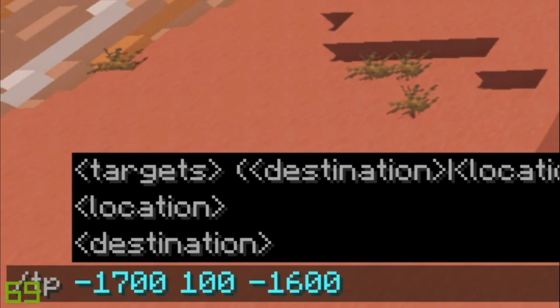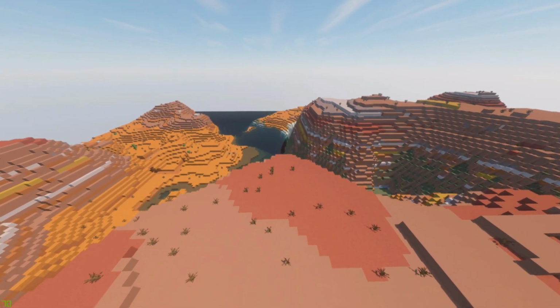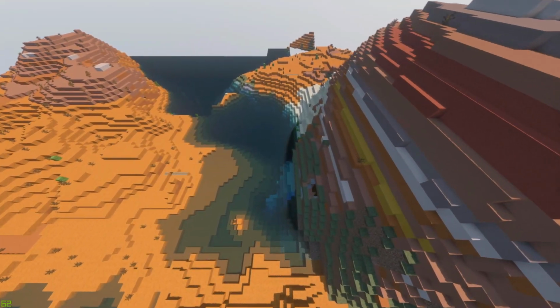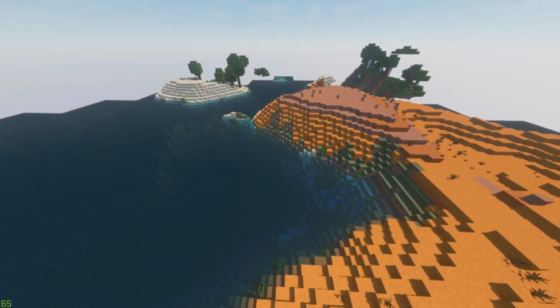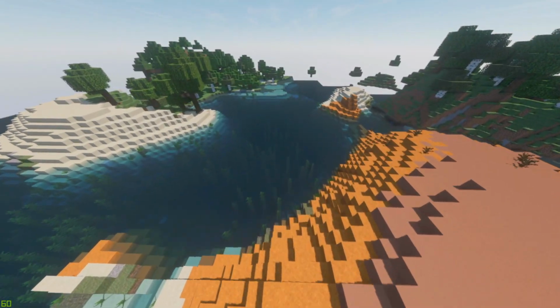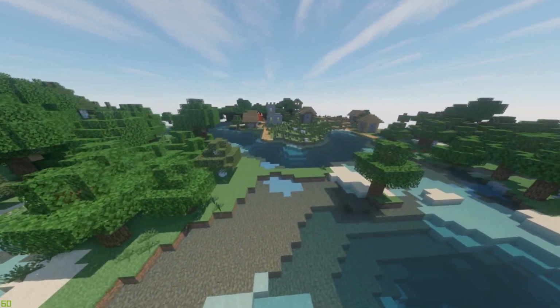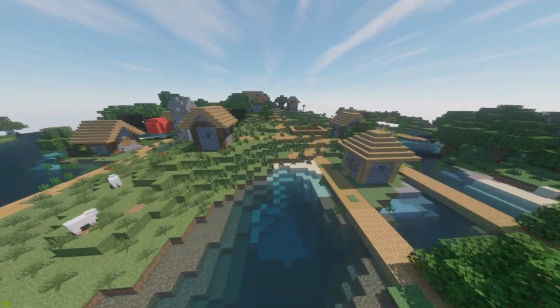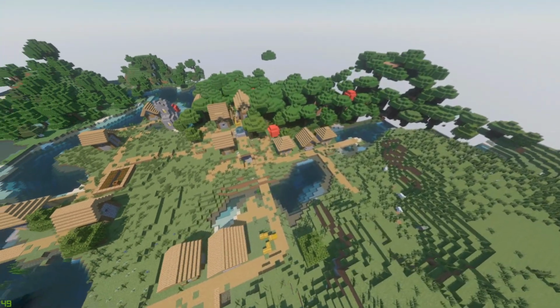Alright folks, coordinates is on your bottom left for this location. One of my favorite biomes in the game, and of course also one of the rarest ones. We do have a Badlands biome here. It's quite big as well. But the thing I like in particular here is because we do have this nice looking village sitting right by the Badlands biome. It's medium in size. It just looks good, and if you